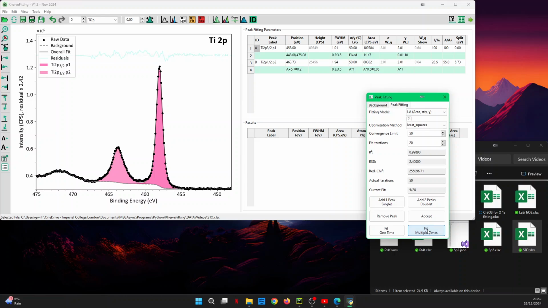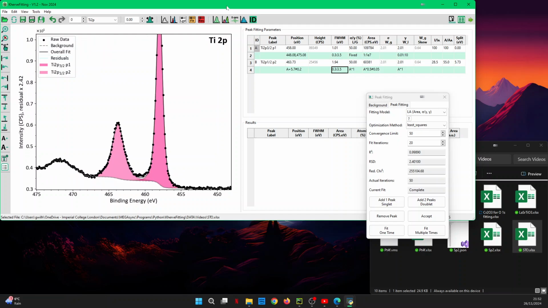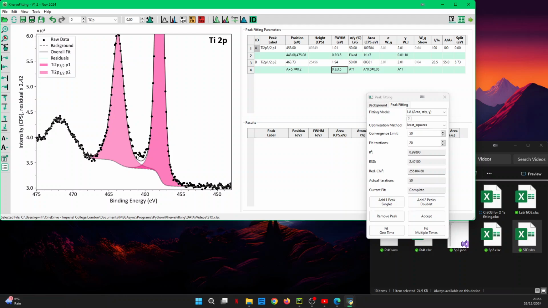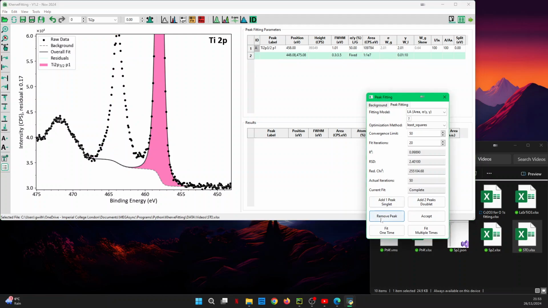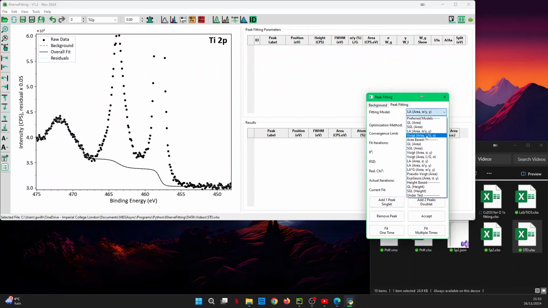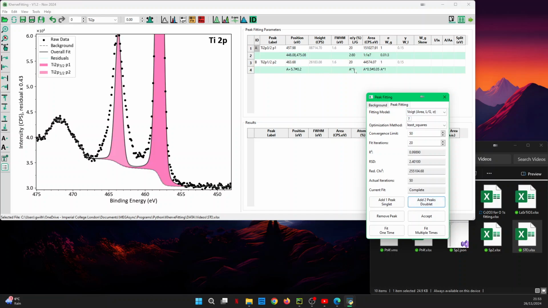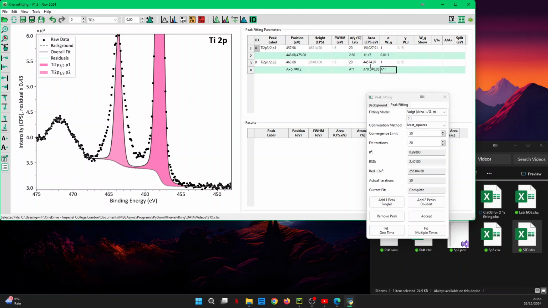Let it fit. And you can see what I was mentioning, that the LA is not able to fit properly here. So I will not use an LA in this case and simply use a Voigt function and fit the widths. So in this case, I'm going to unfix the width of the sigma, which is the same, because the width of the Lorentzian is already fixed using this LG ratio. I'm going to let it vary